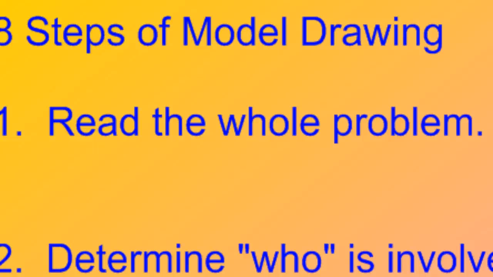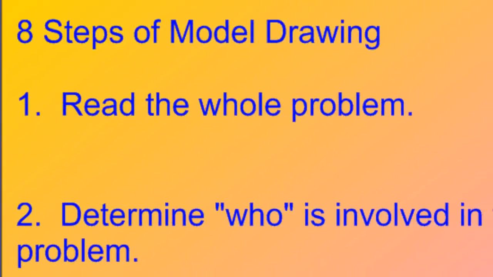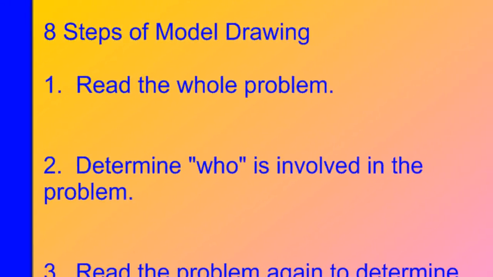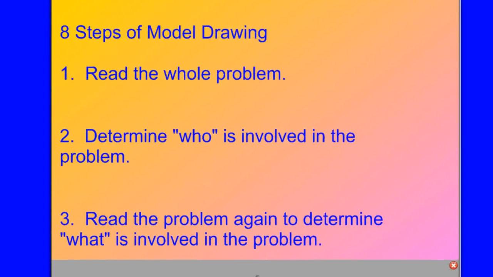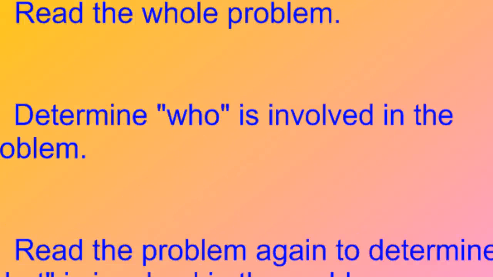Do this very carefully, sentence by sentence, and if necessary, it's okay to read the sentence again for a second time or a third time. That's not a crime. The next thing that you want to do, step 2, is determine who is involved in